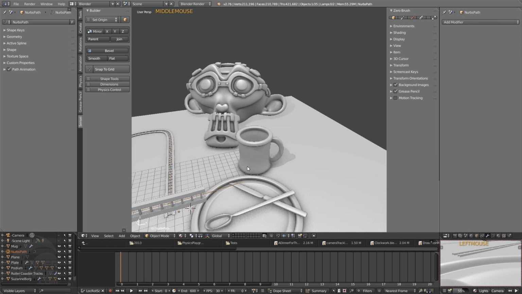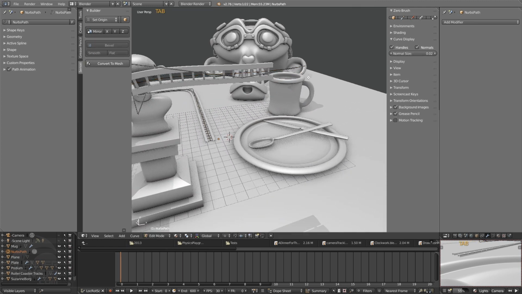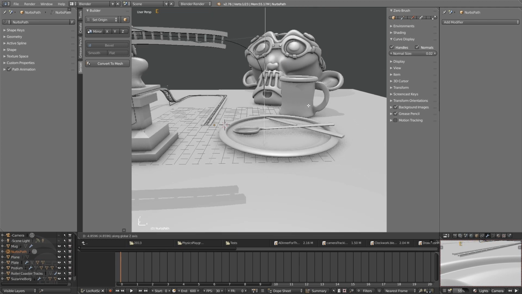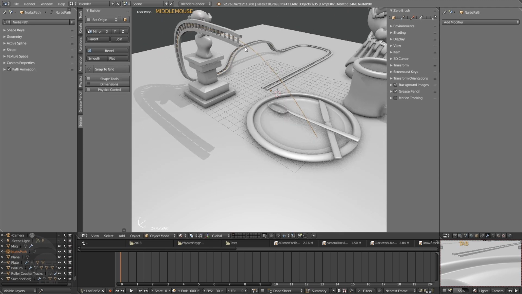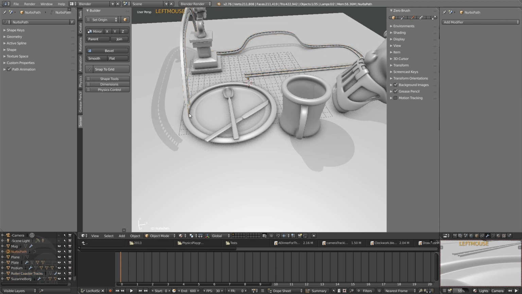So what do we want it to do? Let's select the track path. And let's press tab. And let's see. We could press E to extrude this down. G to grab. And press tab to go back into object mode. Select the tracks. Press Shift D. See how this is looking here. Click back on the